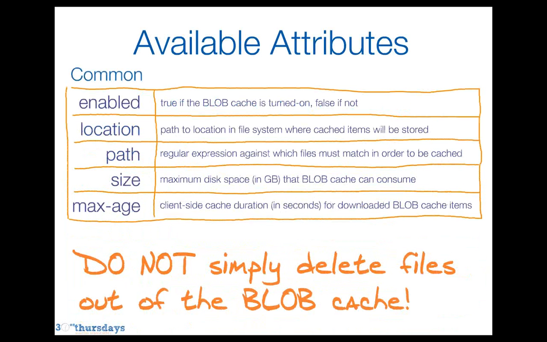But one warning I want to give, because I've seen this happen a number of times: do not simply delete files out of the blob cache on your web front ends. You might think that it's like flushing and refilling, but in reality, when you delete it out, you are deleting the file but failing to update the catalog of files in the blob cache, and that catalog resides in a separate file. So you delete the item out, the catalog still thinks it's there, and you end up passing down a bunch of broken links and 404s to clients